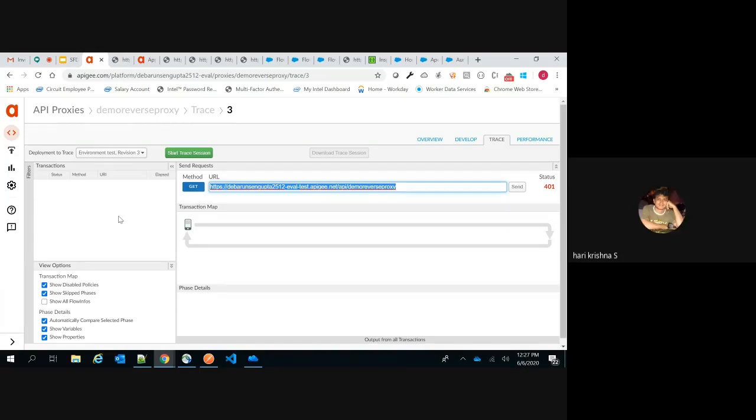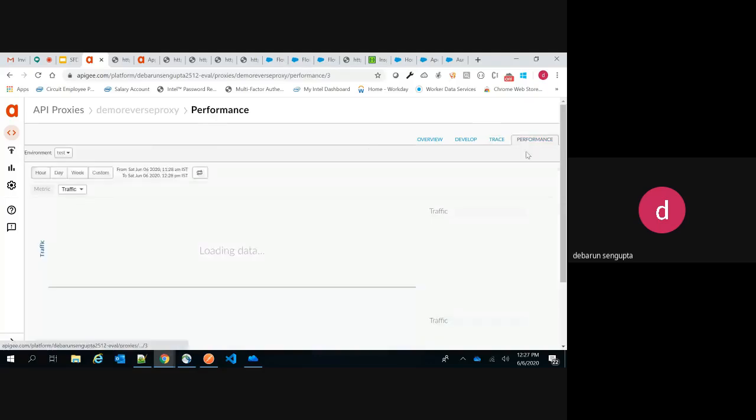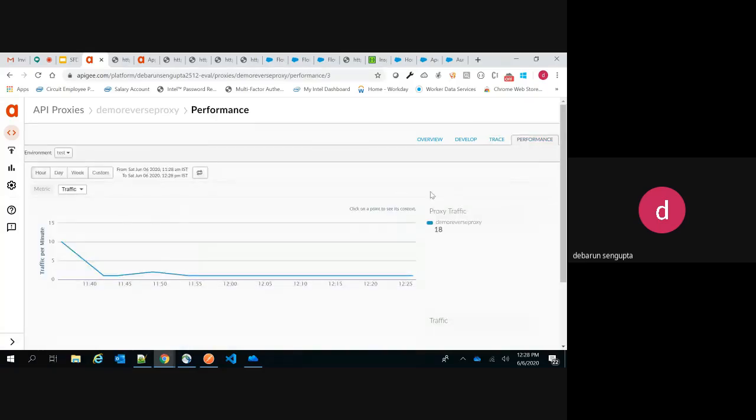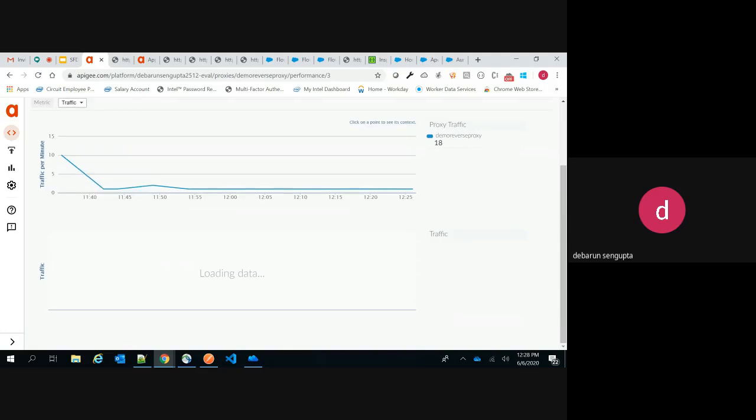Hi, this is Hari. Is there any monitoring system available here in APG? Yeah, monitoring is there. It has built-in performance monitoring. You can monitor on an hourly basis things like average request size, response size, errors, or a sudden increase in traffic, based on the environment in which your APG has been deployed. You can monitor it on an hourly or daily basis, and simply watch the curve here.